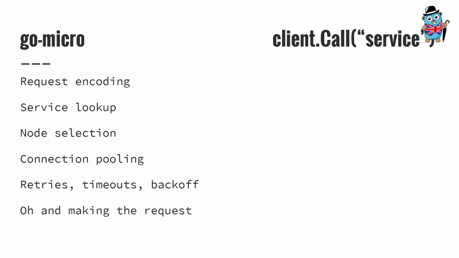And then on the client side, this is where a lot more of the work occurs. It's using the codec to encode your request. It's using the registry to look up your service. And then it's using the selector to decide which node to send your request to. There's some optional connection pooling in there. There's retries, timeouts, et cetera, et cetera. But that's where the bulk of the work occurs. But essentially, when you're writing your code, all you're doing is executing functions, and all of this is happening in the background for you.